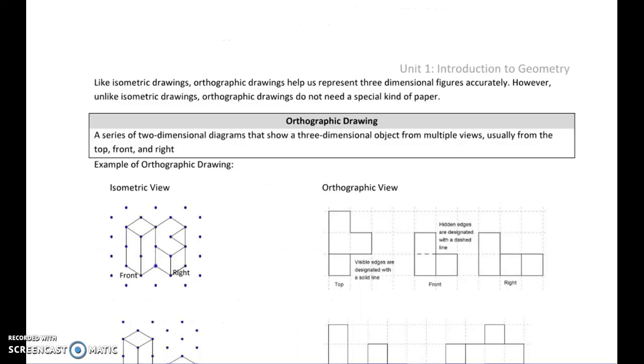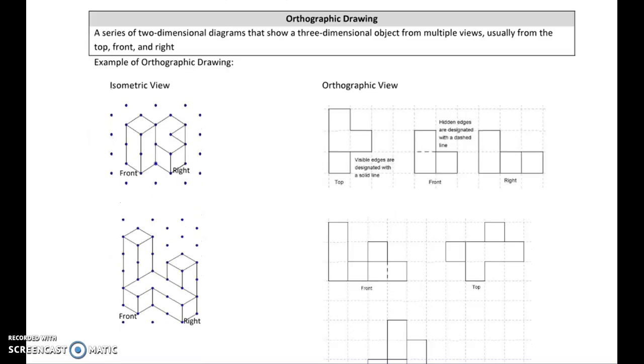All right, guys, now let's take a look at orthographic drawing. Like isometric, orthographic drawing helps us represent three-dimensional figures accurately, but unlike isometric drawing, orthographic drawings don't need special paper. It makes it a lot easier. However, I think visualizing orthographic drawing is harder. We draw orthographic drawings by showing 3 straight-on views of one object. We typically show the top, front, and right view of this object, and we're going to draw basically the layout